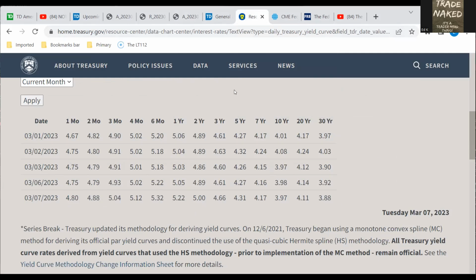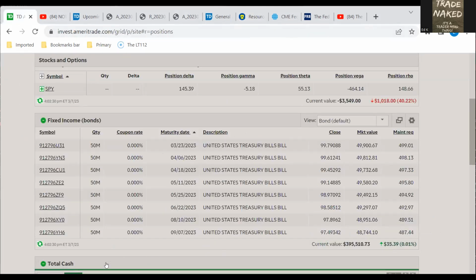Now it's only 0.5%, but if I keep doing it, every time a 1 month matures, I roll it out to a 6 month, and then a week or two later, one matures and I roll it out to 6 months. Every time I roll out to 6 months, I'm earning 0.5% on that chunk of money. And as you can see, these are $50,000 chunks. So 0.5% on 50,000 is $250 a year. So that's $20-ish, $22 a month just on this one. And if I have 7 or 8 of these,